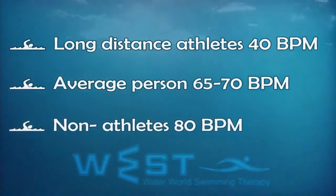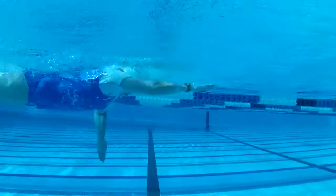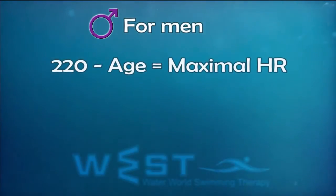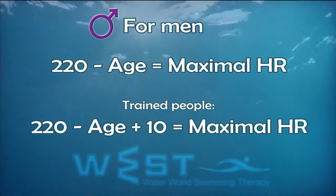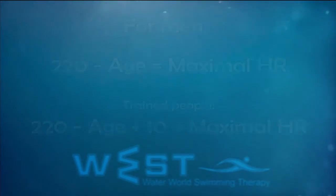In this video, we will talk about the main heart rate zones and differences in our heart rates at every age. How do we calculate a heart rate? For men, 220 minus the age equals maximum heart rate. For trained people who work out twice a week or more, maximum heart rate is 220 minus the age plus 10. For women,